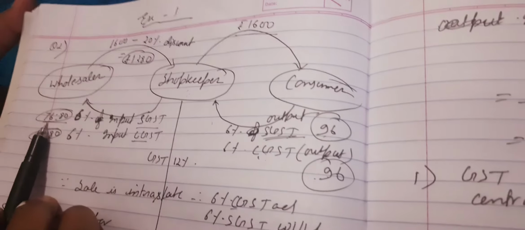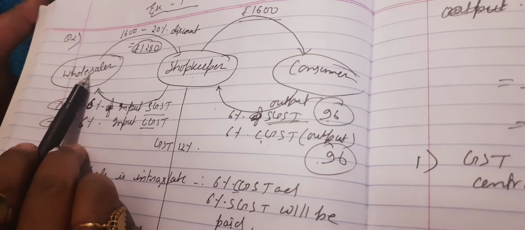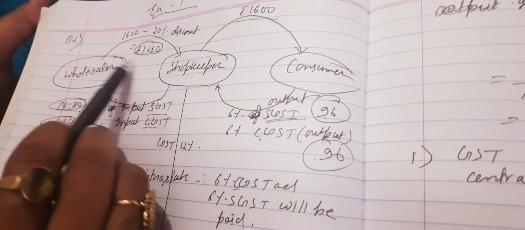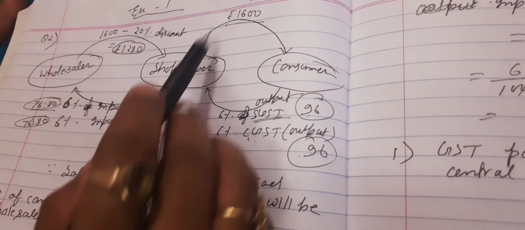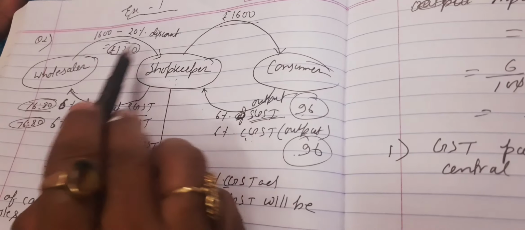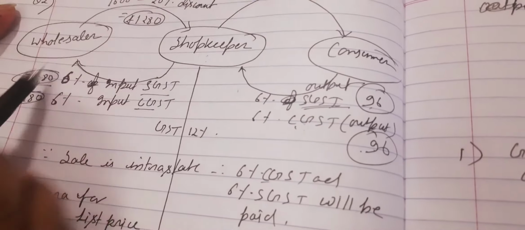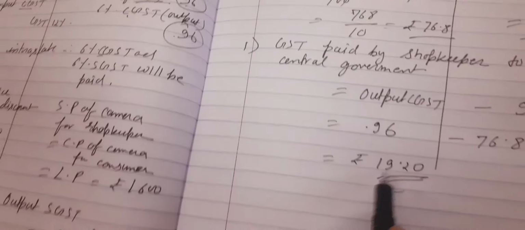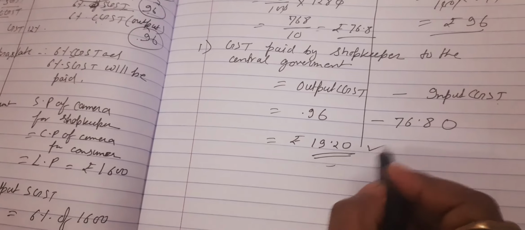Please come back to the diagram. See, shopkeeper has paid 76 rupees 80 paise. Actually this total tax is paid by wholesaler to the government. Okay, because he sold an item of big amount, that was 1280 rupees, but shopkeeper earning is less as compared to wholesaler, that is 1600 minus 1280 rupees. So on a small amount he has to pay small tax also, that's why wholesaler tax amount is 76 rupees 80 paise, while shopkeeper tax is 19 rupees 20 paise for one government, that is central government, and equal amount for state government also. So this is the first answer.